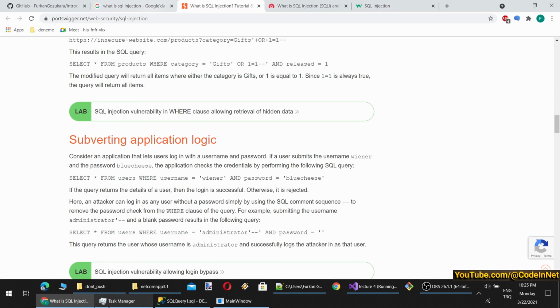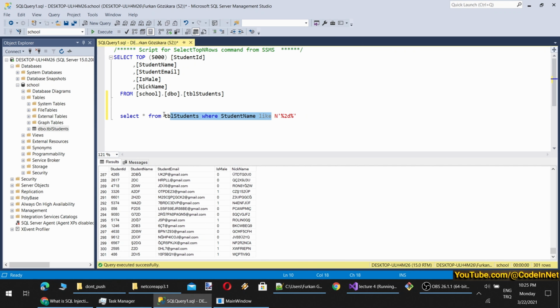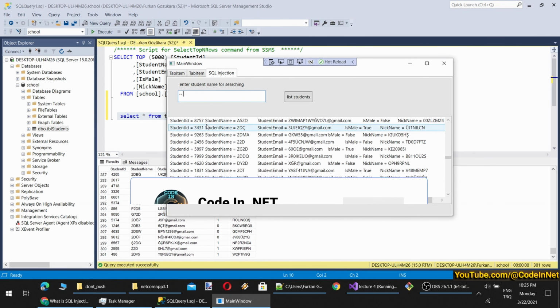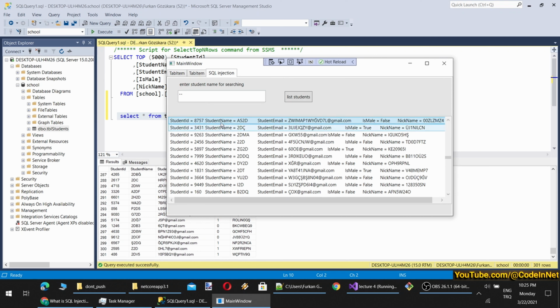Let's make an example of this. So our query is something like this, right? What I can do is I can end the previous query with this, and then, for example, I will change the student name of ID 8757. How am I going to do that? It's something like this: update TBS students.